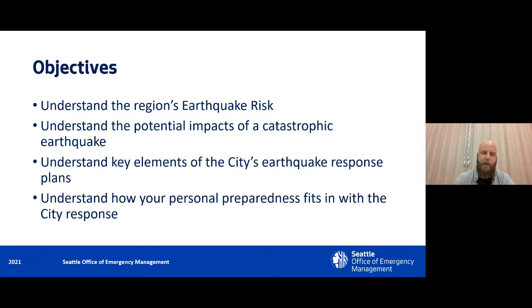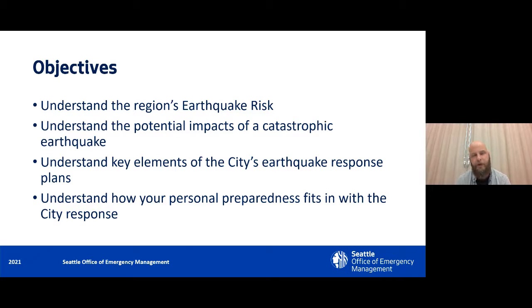And then one thing that I'm not going to specifically talk about, but that is very relevant to this conversation, is just the issue of preparedness and mitigation. So our ability to respond to a major earthquake is really going to be dictated by what the impacts are and what resources we have available. But our ability to do mitigation work is really important.